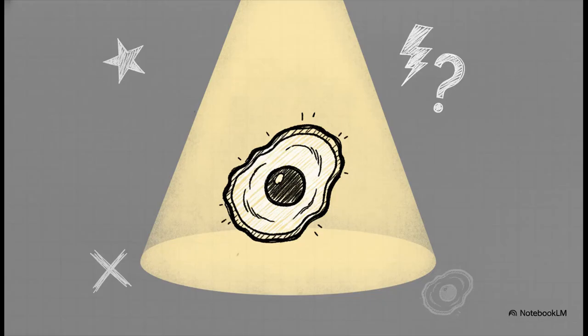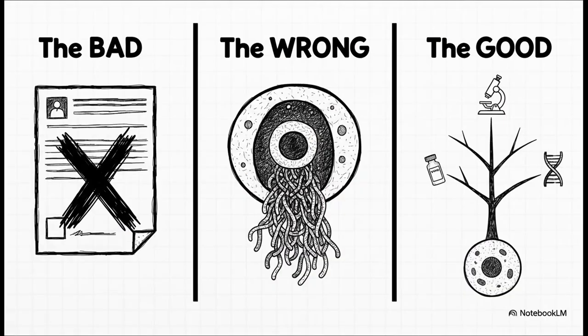All right, now it's time to talk about what might be the most famous, the most important, the most controversial wrong model in the history of science. I'm talking about HeLa cells. So the story behind HeLa cells, it's famously complex, and we have to acknowledge the serious ethical issues right up front. These cells were taken from a woman named Henrietta Lacks back in 1951, without her consent. That's the bad. And then there's the wrong.